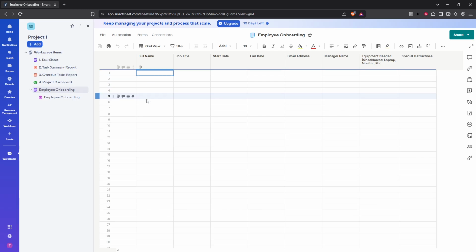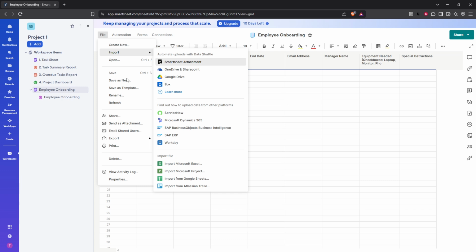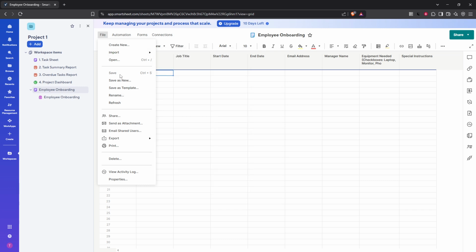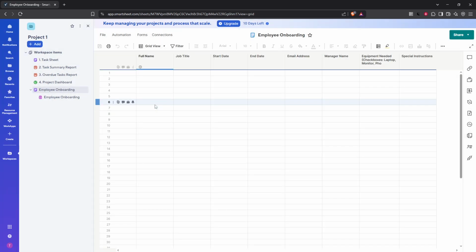To refresh your Smartsheet, click on File in the menu at the top of the page. This menu contains various options to manage and modify your sheet. From the drop-down, select Refresh. This option tells Smartsheet to reload the data. It checks for any updates or modifications that might have been made since you last accessed the sheet. This step is particularly useful when you've been working on the sheet for a while or if data might have